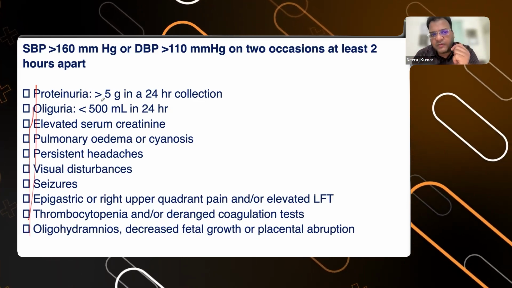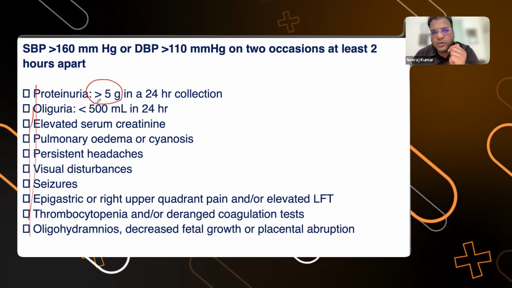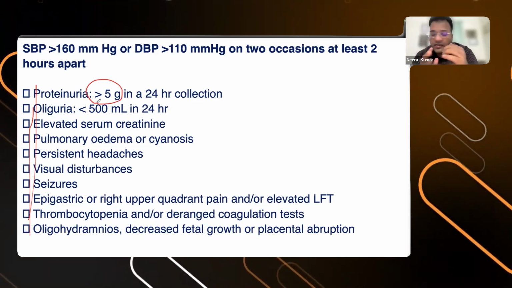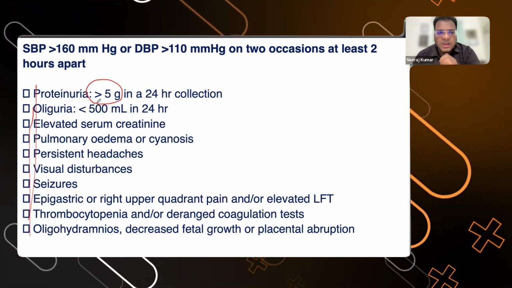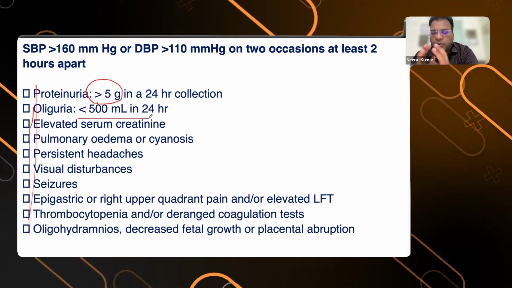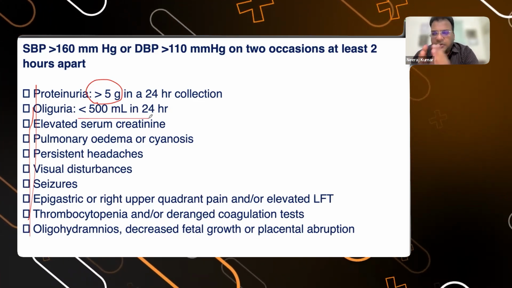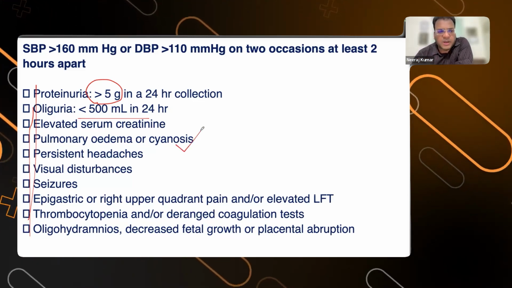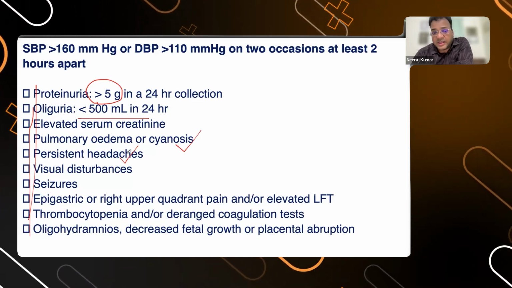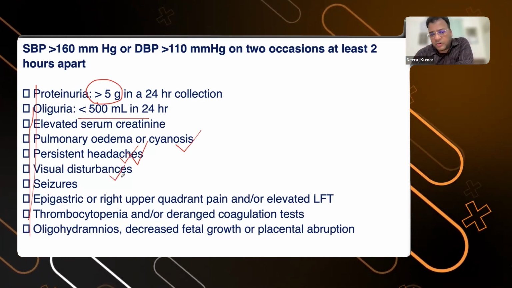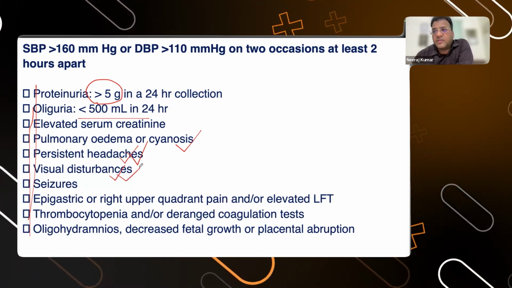So then you have to understand what the proteinuria in that urine is, whether it is 300 milligrams or has crossed more than 5 grams, whether the patient is having oliguria, with urine output of less than 500 in 24 hours, whether the patient has elevated serum creatinine values or some sort of edema, or whether the patient's headache is now going to become persistent, or the patient is getting persistent visual disturbances,